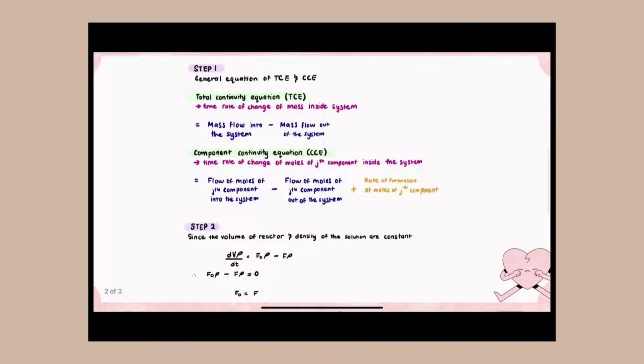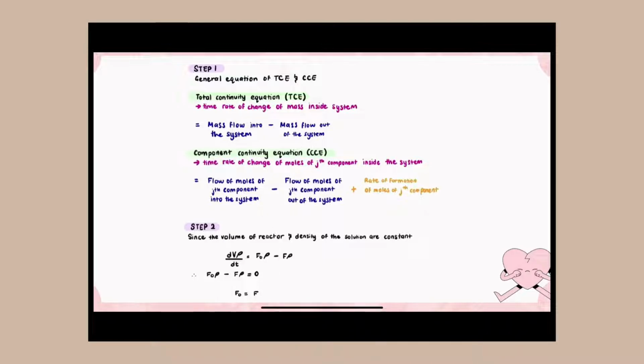Firstly, we have to generate the general equation of TCE and CCE. TCE, as you know, is the time rate of change of mass inside the system, which means that the mass flow into the system is subtracted with the mass flow out of the system. Next is the component continuity equation or CCE, which represents the time rate of change of moles of jth component inside the system, whereby it is equal to the flow of moles of jth component into the system minus the flow of moles of jth component out of the system plus the rate of formation of moles of